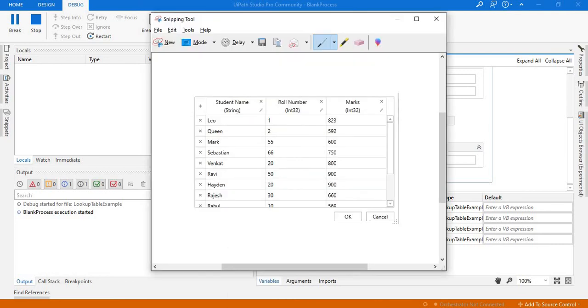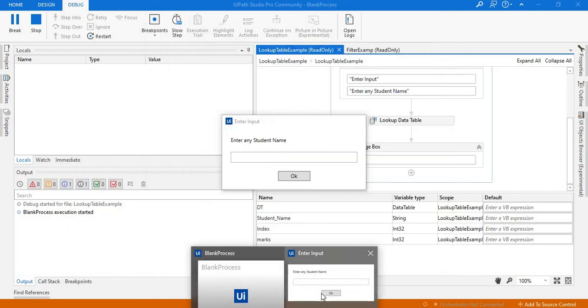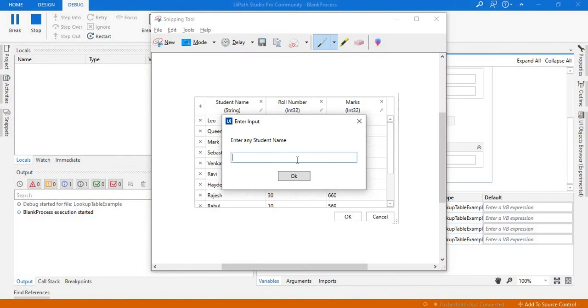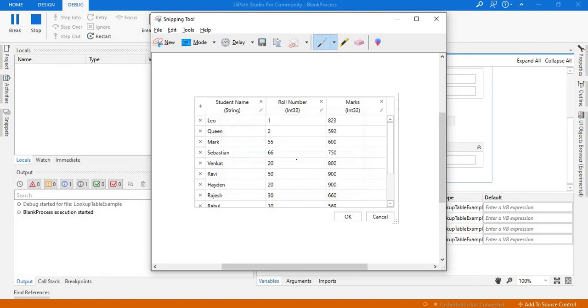This time I want to know the details of Rajesh, who has the score of 660. So let's give the input to our input data field. Okay, click on OK. So now we got the result as 660. Let's see what happens if we give an input which is not available in the student name column.